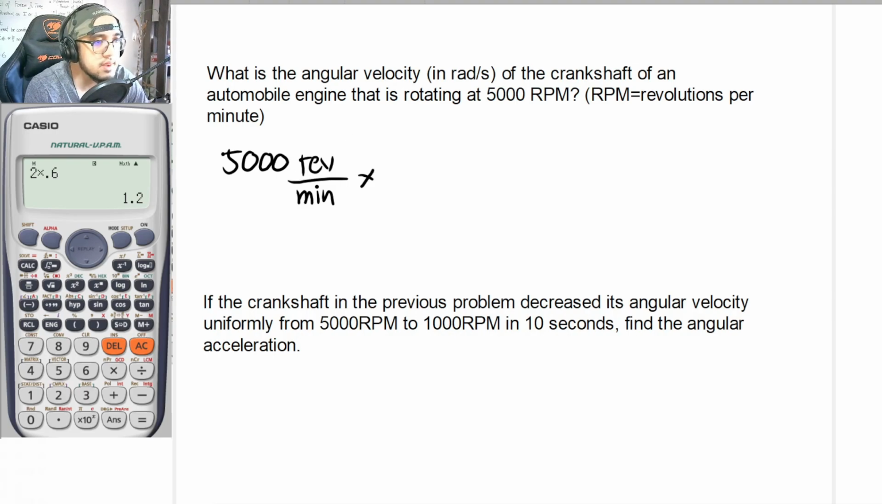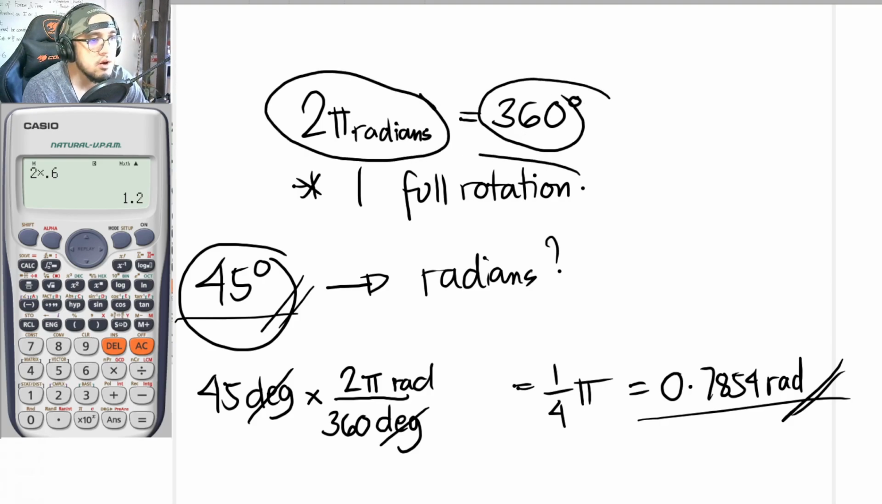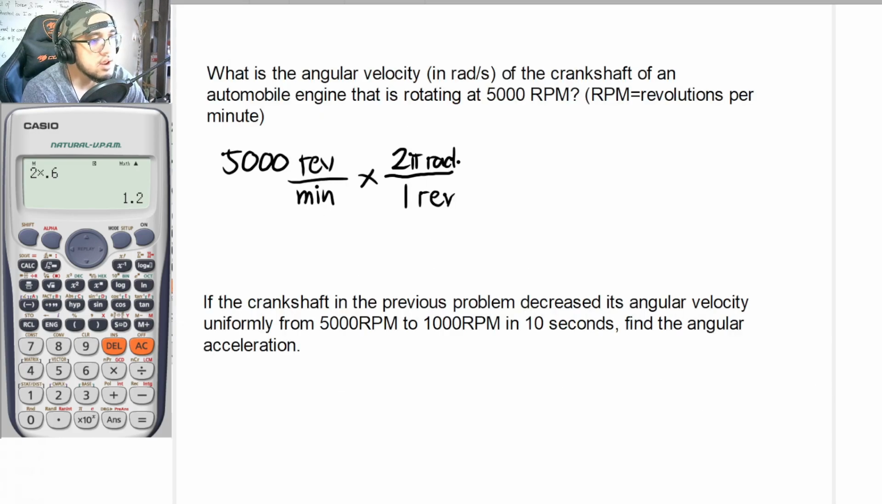radians. So I would just be multiplying this by our conversion factor. For every revolution, there is to be 2 pi radians. So why is that the case? Because earlier, I have said that for every 2 pi radians, there is 360 degrees or 1 full rotation. And in this case, 1 full rotation is synonymous to the term revolution in this problem. So for every revolution, there is once again 2 pi radians. In that case, rev would cancel out